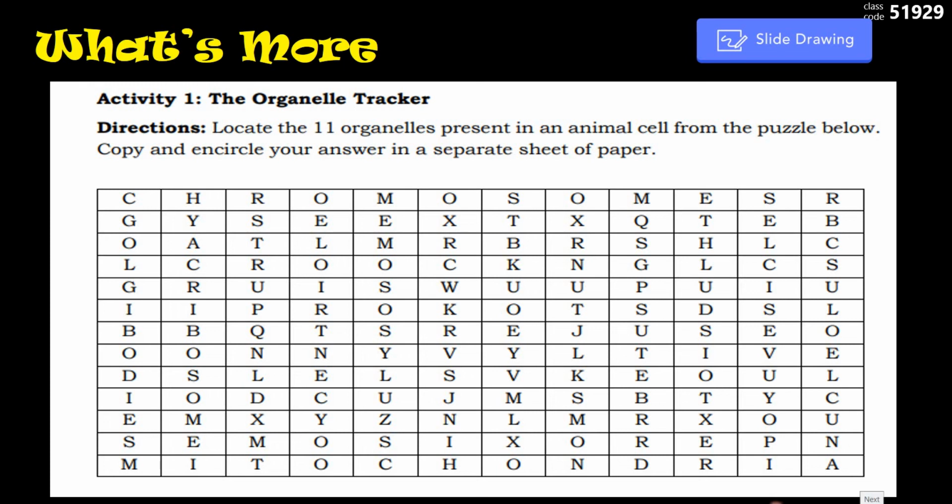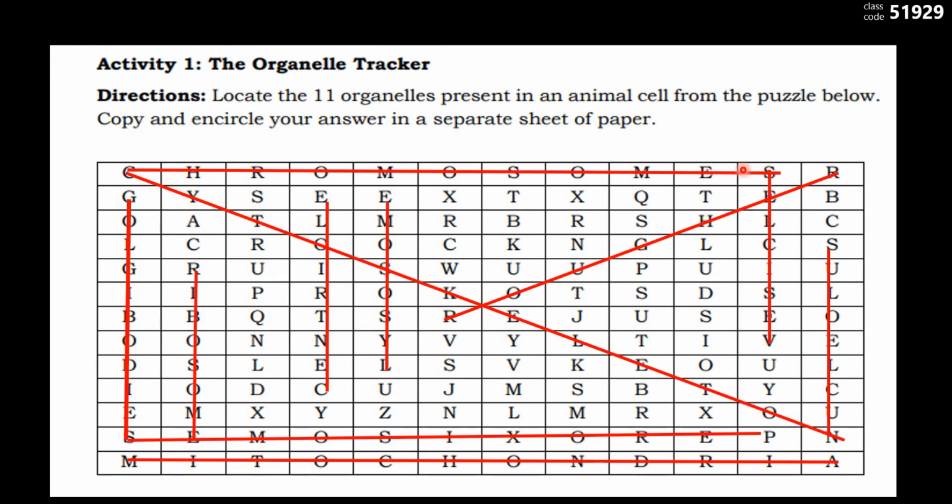Okay, time is up, and this is the correct answer. So we have chromosomes, we have vesicles, we have nucleus, we have the Golgi bodies, we have the peroxisomes, mitochondrion, we have the centriole, we have the lysosome, and the cytoskeleton, and we have the rough ER. So that's it